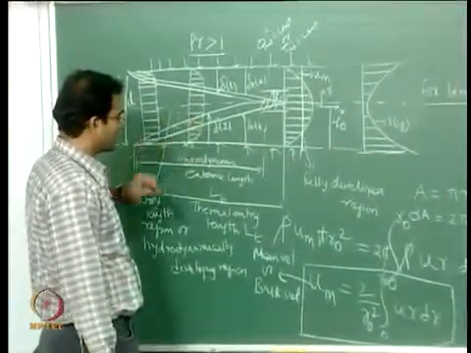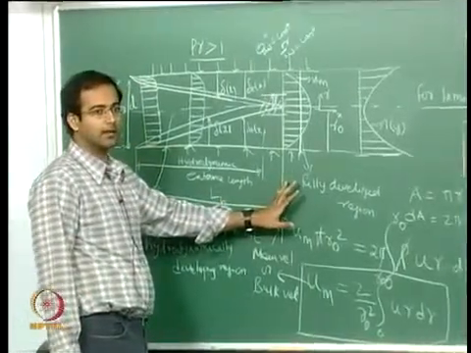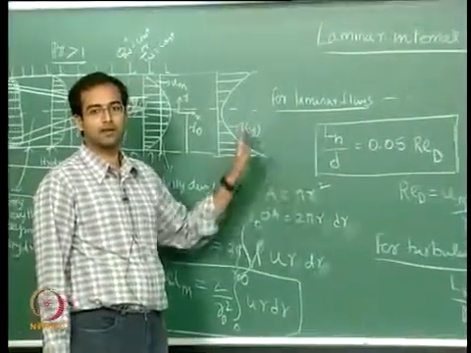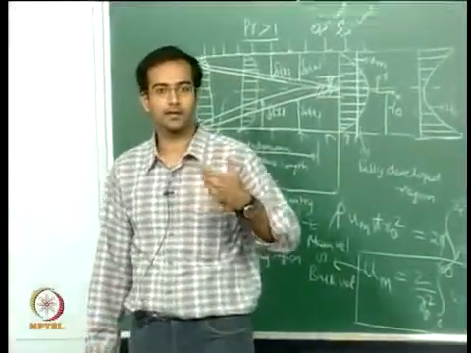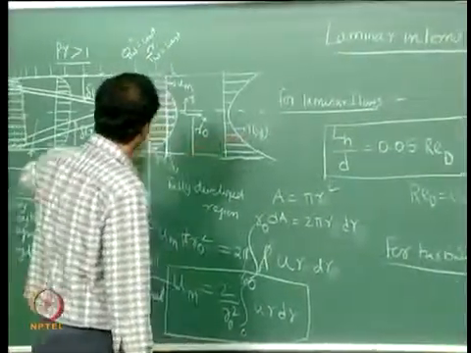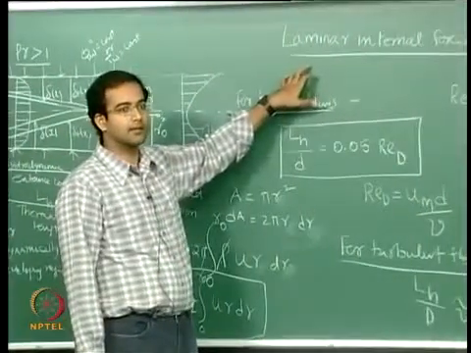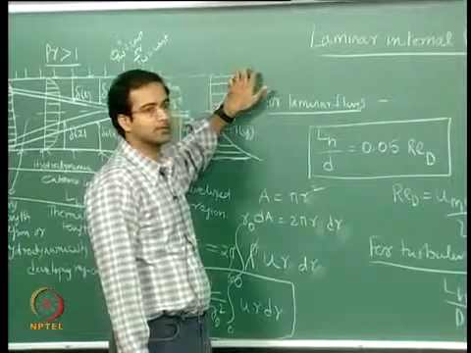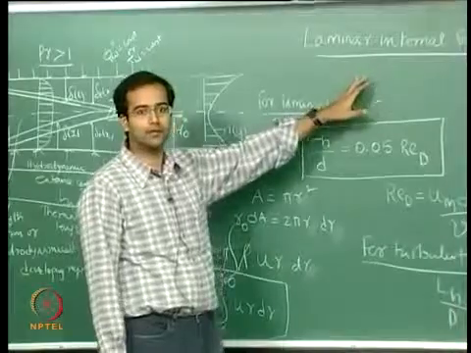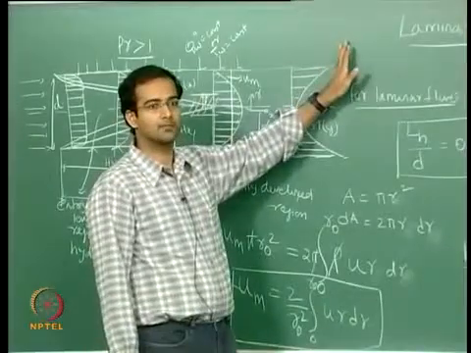So now when you say that you have a hydrodynamically fully developed region and you have a hydrodynamic entry length, similar to that you have a thermal entry length, and you should also have a thermally fully developed region, just analogous to your velocity profiles, where the velocity profiles are invariant of the axial location. However, you can very clearly see when you apply heat transfer, for example, if you apply a uniform heat flux, what happens? The wall temperature keeps on changing with respect to x. The wall temperature will not be the same, for example, at the entrance and somewhere downstream, because you are continuously